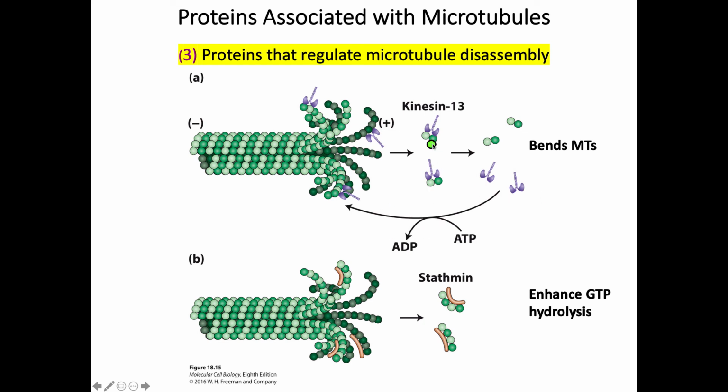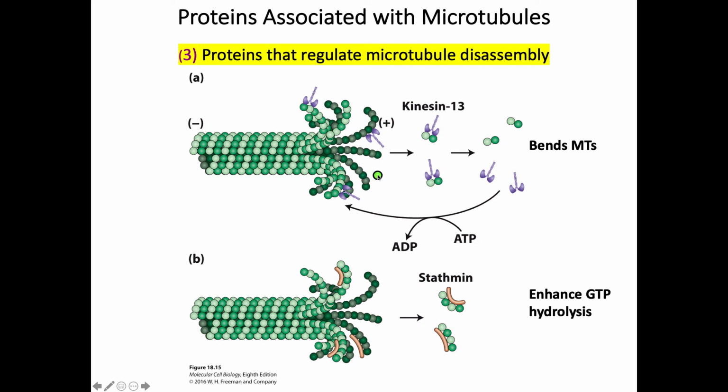One of them is kinesin 13. It's very unique. That's why you definitely want to underline this. This is a motor protein family, but it is not a motor protein. The reason that it is called kinesin 13 is because it does have sequence homology with the other motor proteins. That's why they're grouped into that. But this doesn't carry cargo. It just binds to these dimers of alpha and beta tubulin and bends the plus end, and it does that in an ATP dependent fashion. So this disassembly needs ATP, and binding this will bend the plus end,